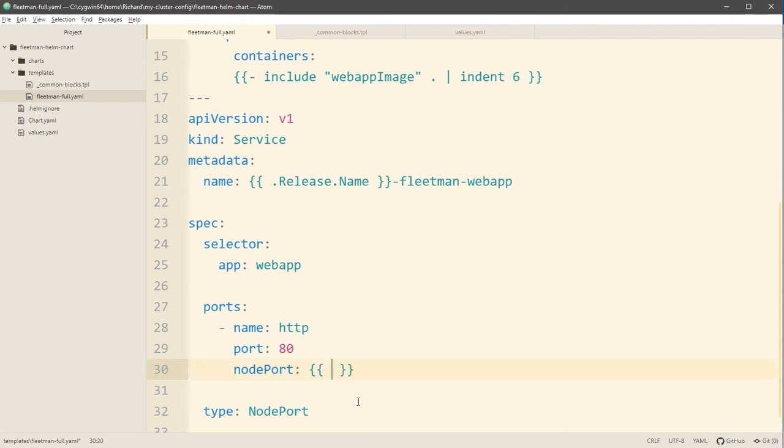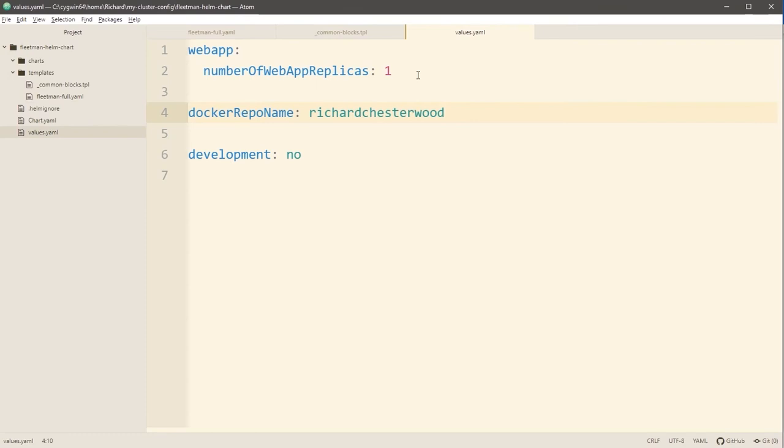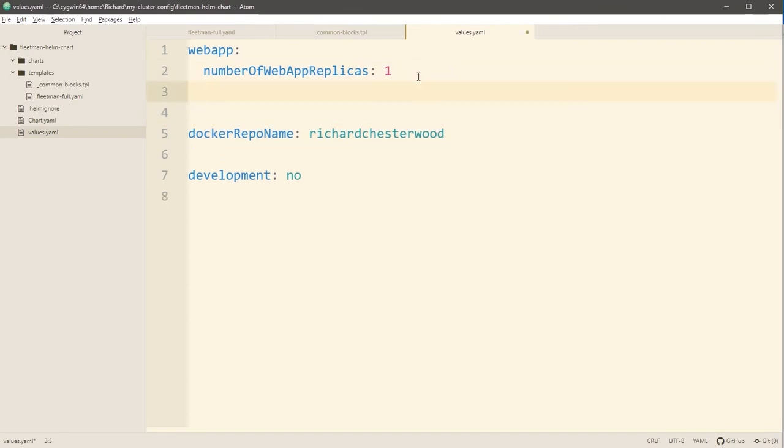Very simple and straightforward. We're going to use a values dot, let's just call it nodePort. In fact, this would be a child of the web app field, I think, because of course we could have multiple services in values.yaml. So webapp.nodePort. So we could put that default value now in, if we want to support a default value, that is, and let's make the default be the same as before, 30,080. Now I wonder if you can see where I'm going with this now.